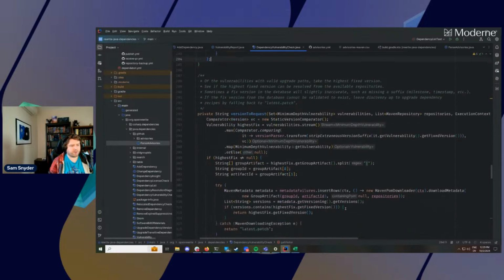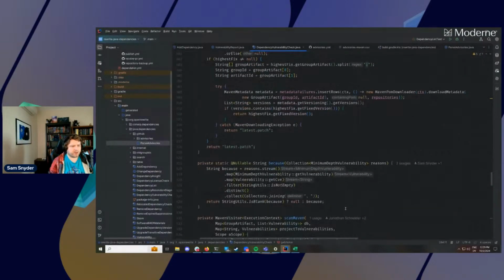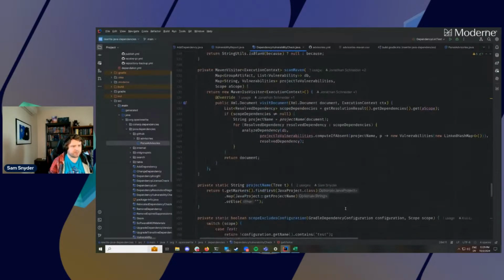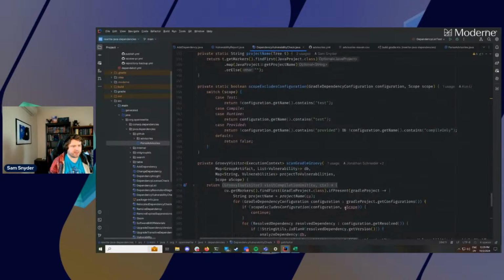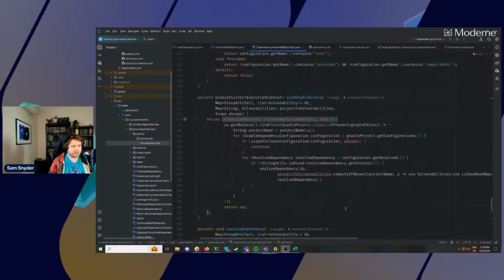Let's see. So there's some more implementation details of the recipe. I don't know that there's anything else in here that we really need to go in depth on. The scan Maven and scan Gradle Groovy methods are just involved in comparing the dependency metadata recorded on the project to the database.